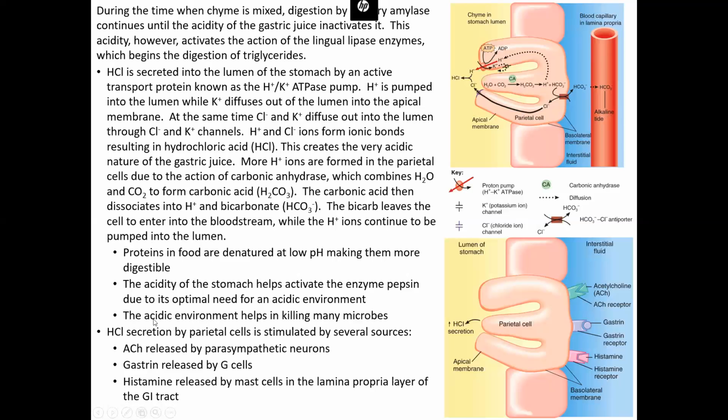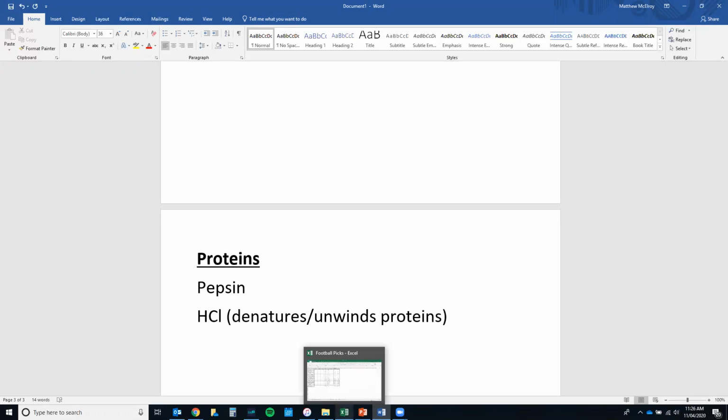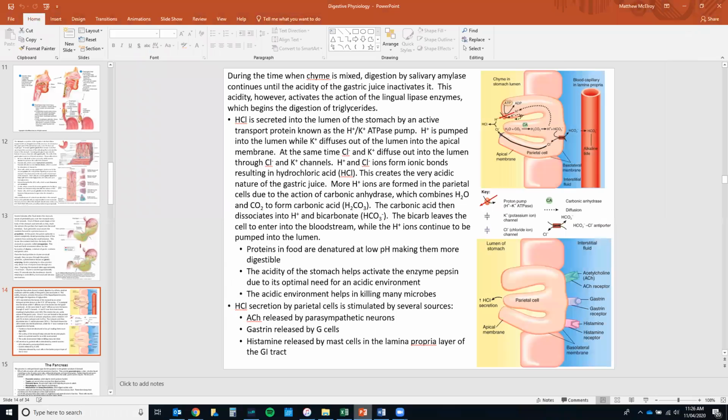So why do we secrete hydrochloric acid? Well, these three things will tell us why. First of all, the proteins in our food are denatured at lower pH, which makes them more digestible. So going to my list, I'm going to add HCl. Keep in mind, hydrochloric acid is not an enzyme, but it denatures, unwinds the proteins that we ingest. Denatured proteins are easier to digest when they're unwound. And so unwound proteins are easier to digest than